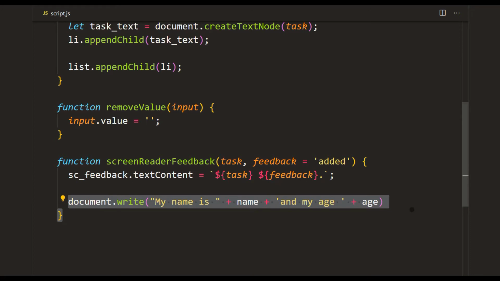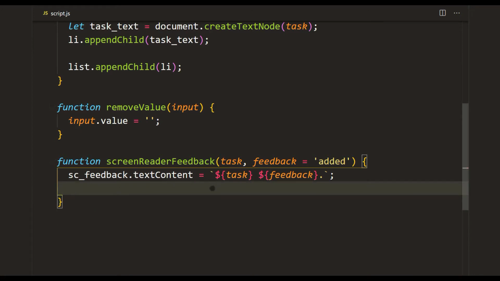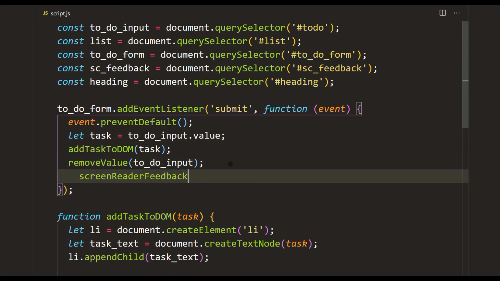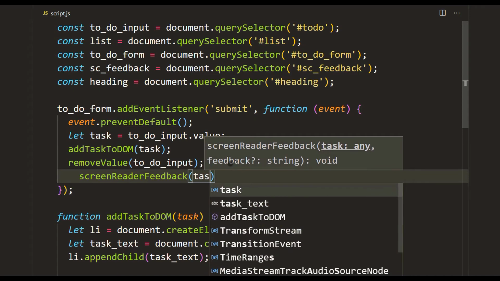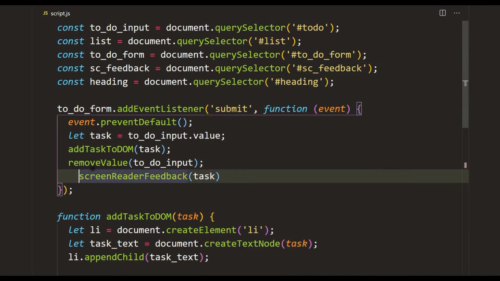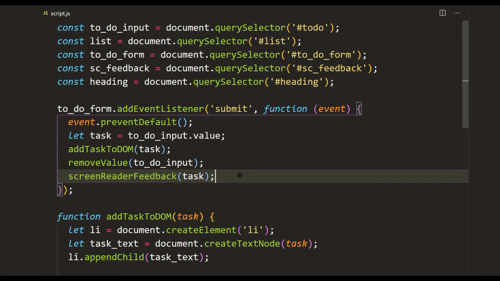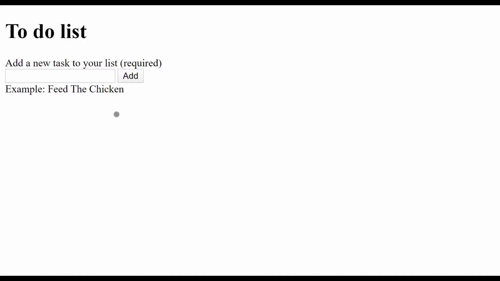Okay, so now that this is done, let's add our function here, and let's add task, and we don't need to add a second argument because it is added by default. Let's test to see if our efforts have been in vain or not.